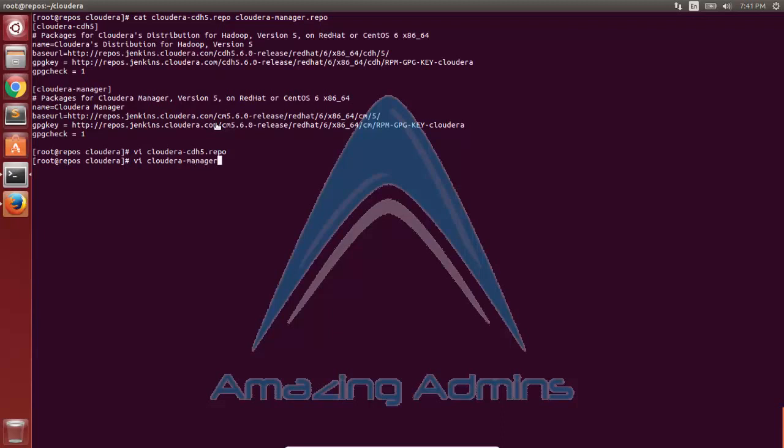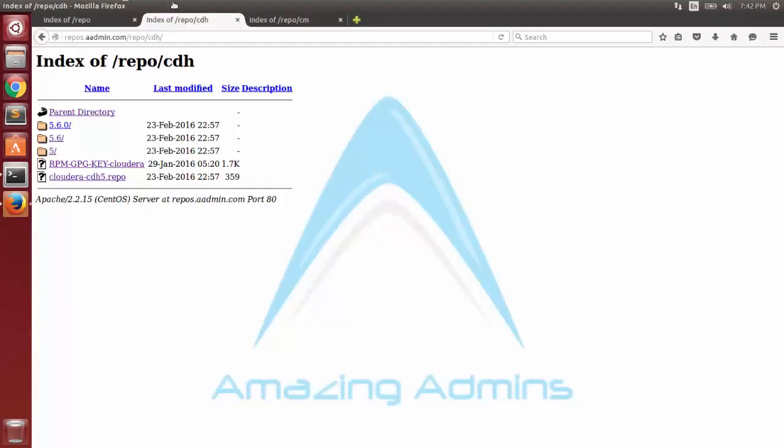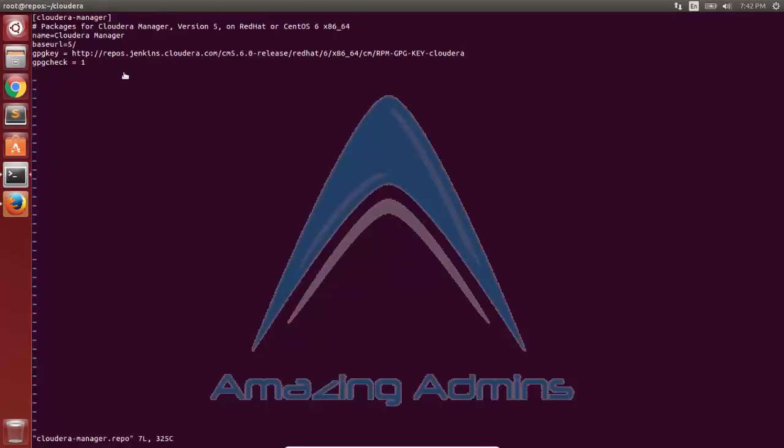Now apparently I'll edit the Cloudera Manager's repo file too. Here again I'll replace the URL with my local web service URL. So the changes are similar, as you see.